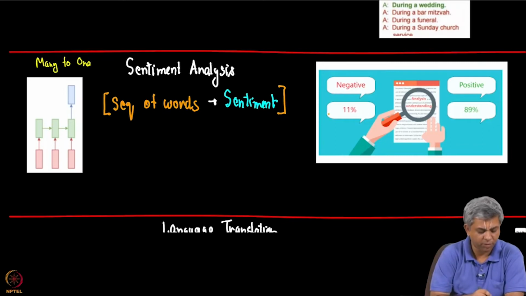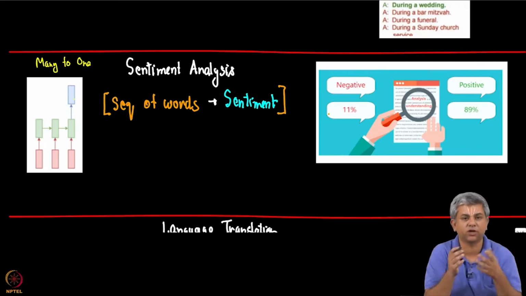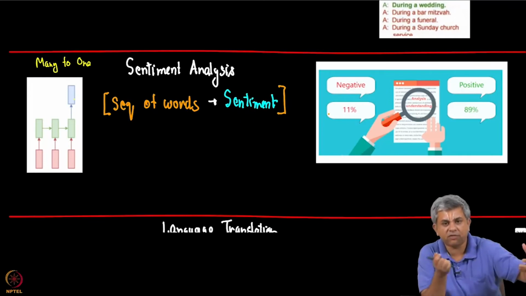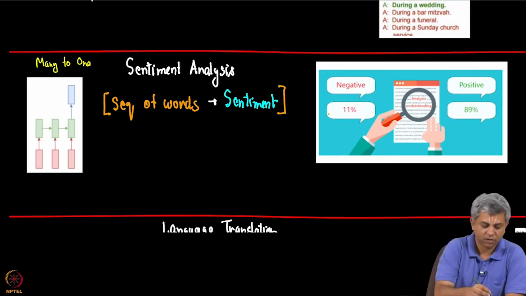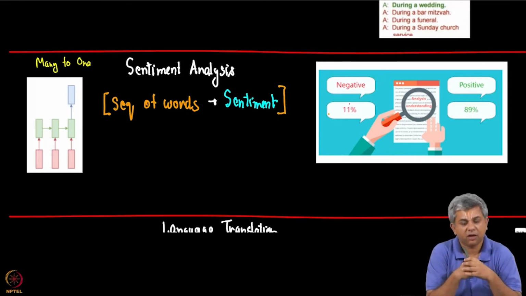You have a whole bunch of inputs and one single output. What would that be like? That is like giving a sequence of words and trying to find out, this is called sentiment analysis. An example of this is just trying to find out whether this is positive or negative. So, if you read somebody's feedback report and somebody has written it in words and you simply want to figure out is this a positive feedback or is this a negative feedback.